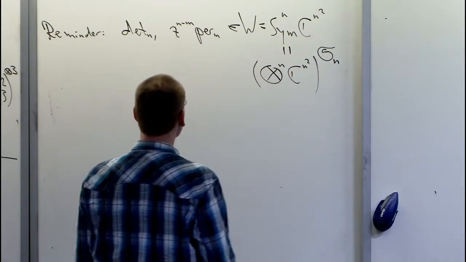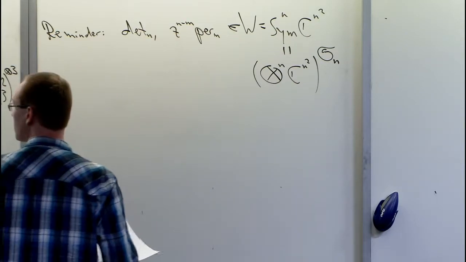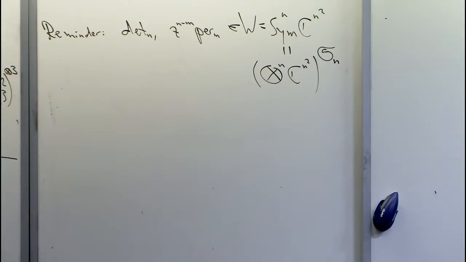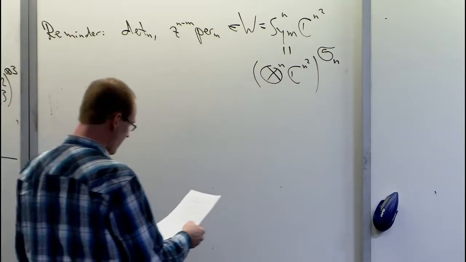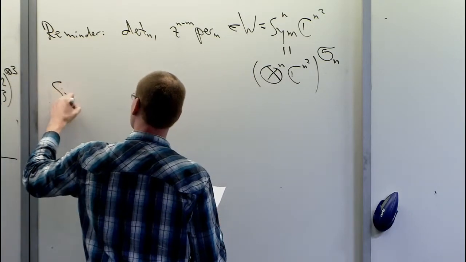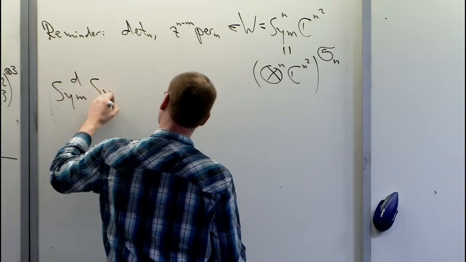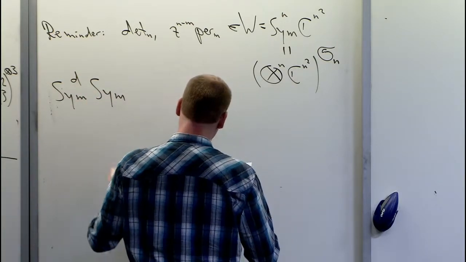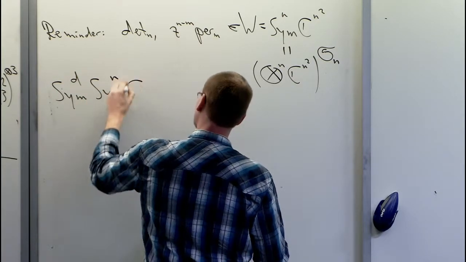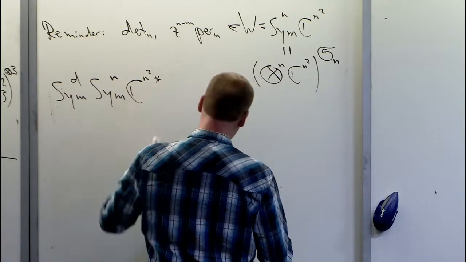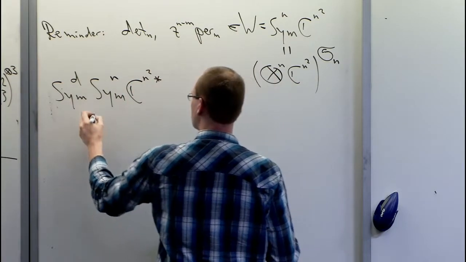So our W has a more complicated structure than it would seem. What we are actually interested in is Sym^d of Sym^n, and then C^(n squared) star, and this one is